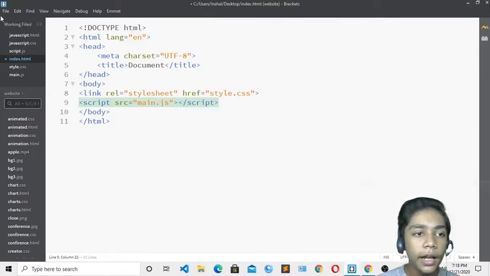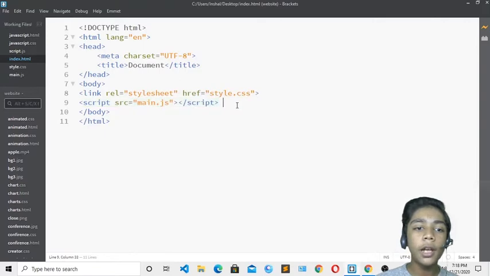So I will just click that, I will save. Okay, so now my JavaScript sheet has been linked. If I show you, here you can see there is nothing because I have not made anything over here. So first of all I have to make the button.